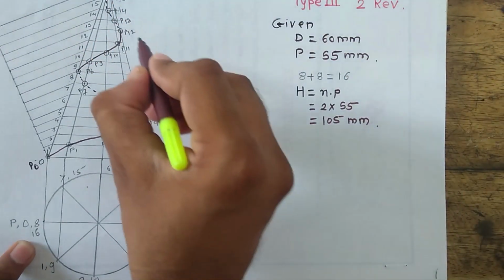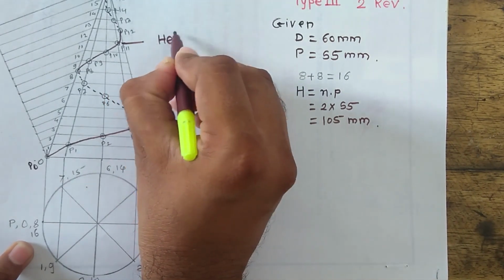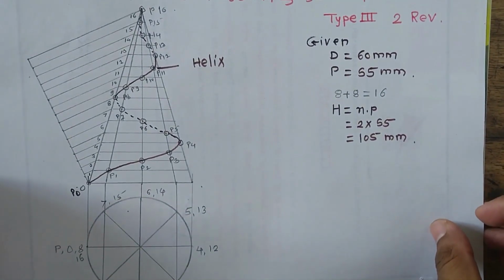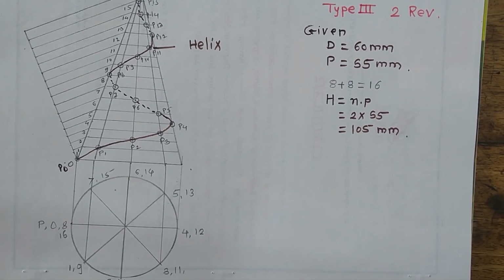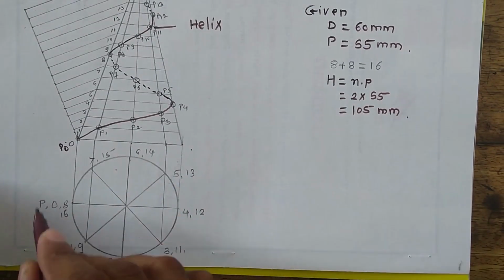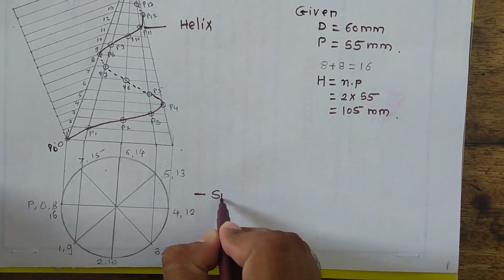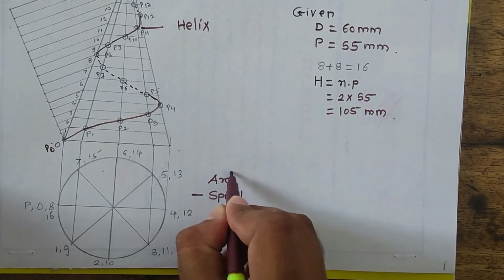Okay, so the curve we have shown is known as a helix curve or conical helix. Now if we see this cone in top view, then in the top view this curve will look like a spiral curve. Here you will see a spiral curve, and that curve is also known as Archimedean spiral.